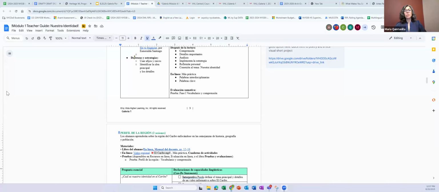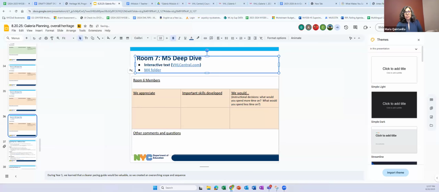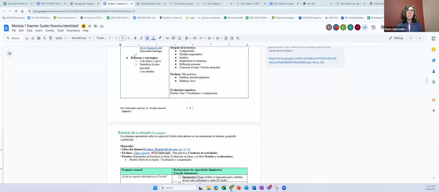Well, I think that since we already know that we don't have to do everything, right? It's like a resource for us to match the book to this and start deciding what skills we need to teach for the summative project. So what I took from it was that it gave me some sort of structure with the lesson plans.